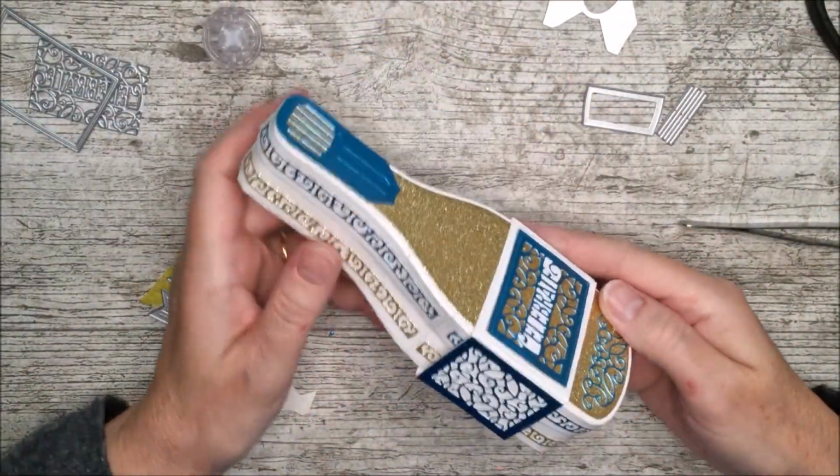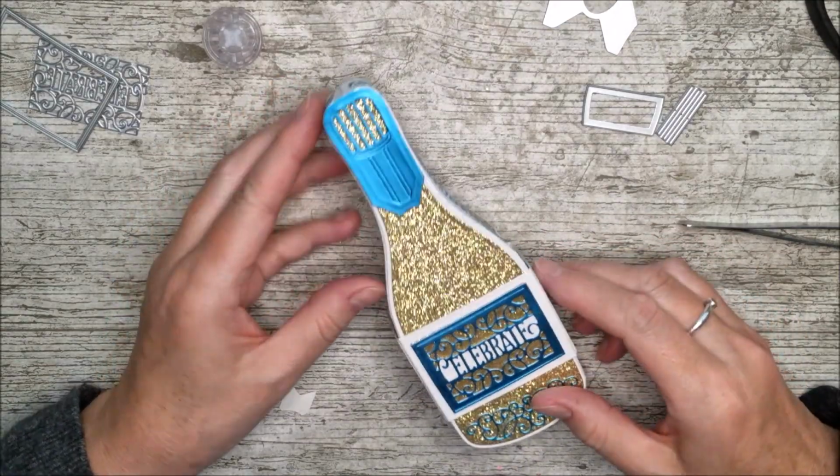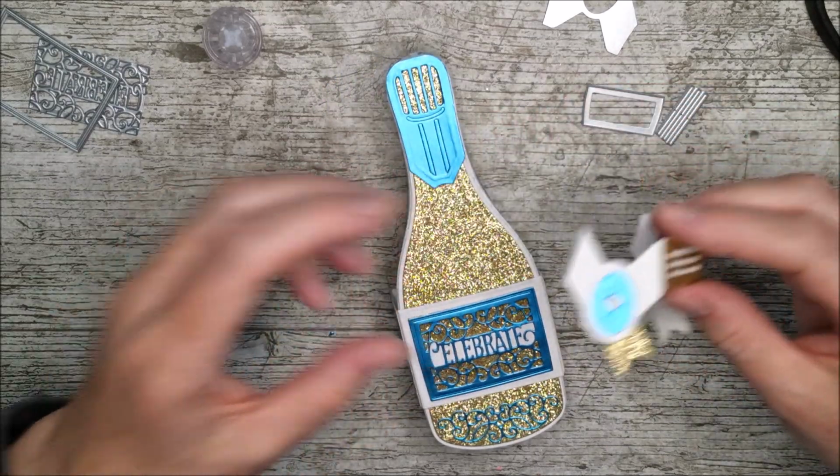Doesn't that look really lovely? Those colours are, well, I think those colours are really, really beautiful together. Now I'm going to make the little sleeve part that goes up at the top, and I've gone ahead and